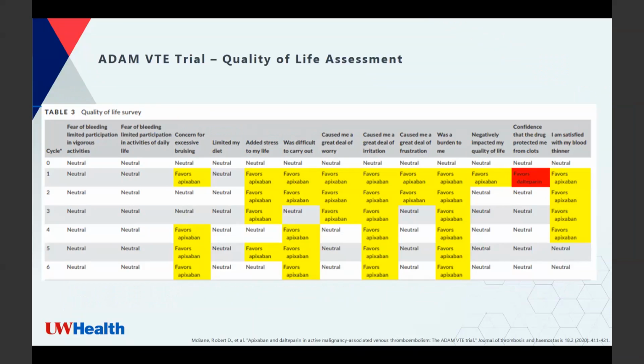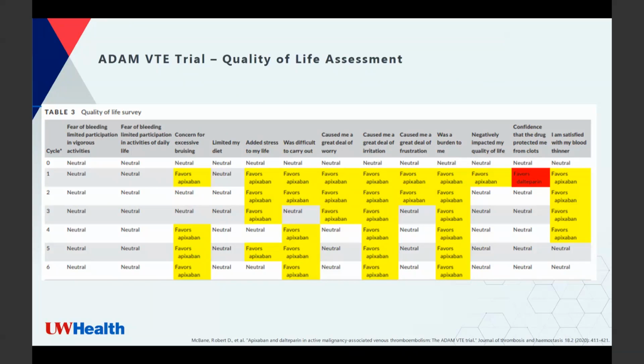The ATOM VTE trial also assessed quality of life using a survey of questions that asked a variety of questions about medication side effects, stress, and satisfaction and confidence. At baseline, there was no significant difference in any of the questions when comparing the two treatment groups, and any differences at the end of the study are highlighted in yellow or red. The yellow boxes are survey questions where apixaban was favored. The white boxes are survey questions where neither apixaban nor dalteparin were favored, and the red boxes were survey questions